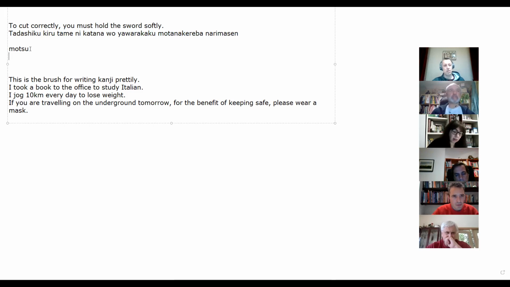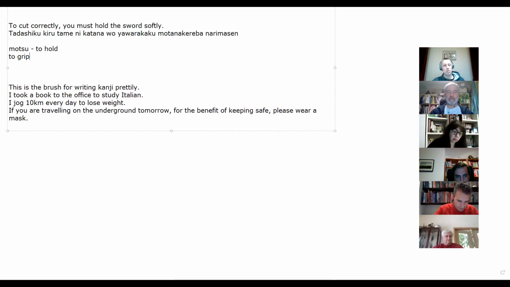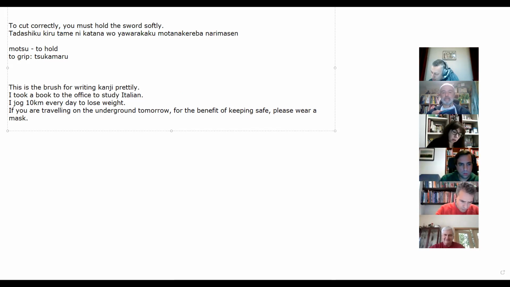So as you guys are all Iaido students, we wouldn't usually use motsu. So this means to hold. There are actually other words that are used to mean to grip. Do any of you know what these are? In the beginning, kakeru, to put the hands on the sword. Kakeru means to put the hands on, but it doesn't mean to actually grip. So one is tsukamaru. If you look this up, you can see the... I think it means to catch.